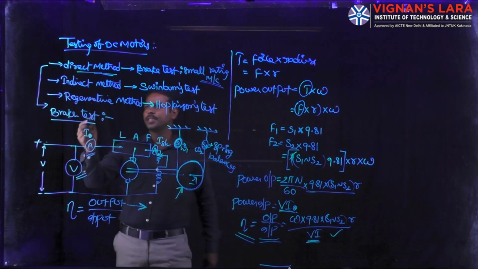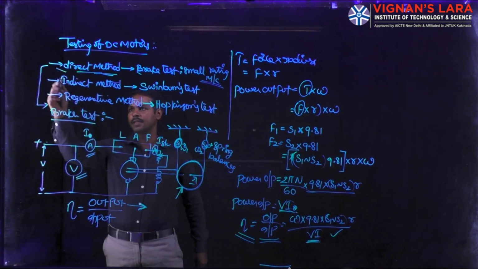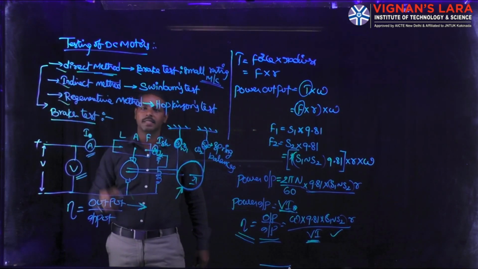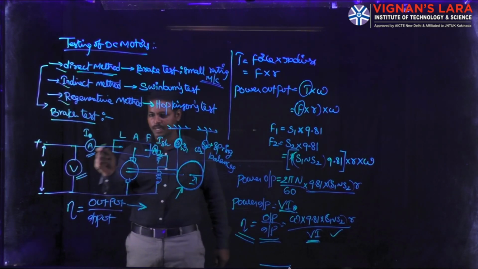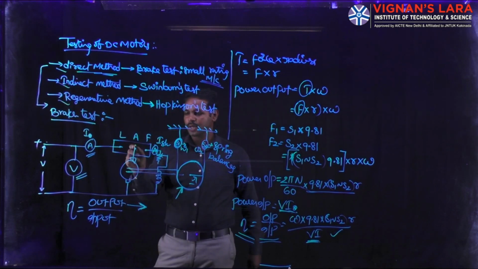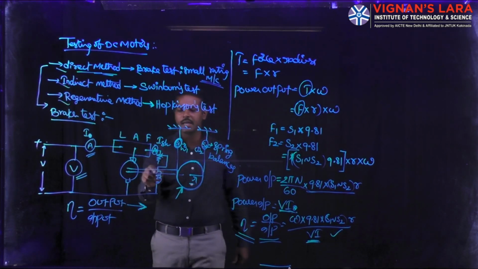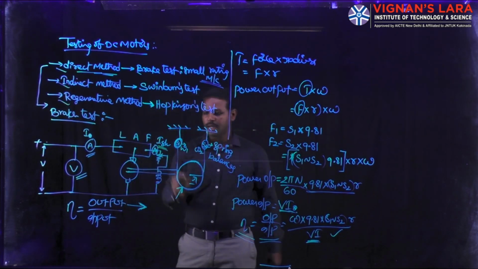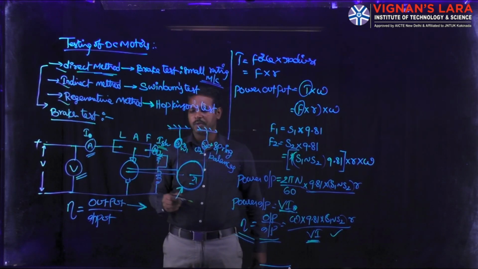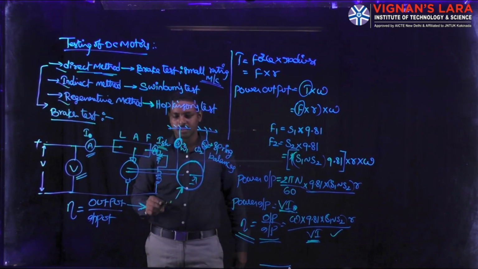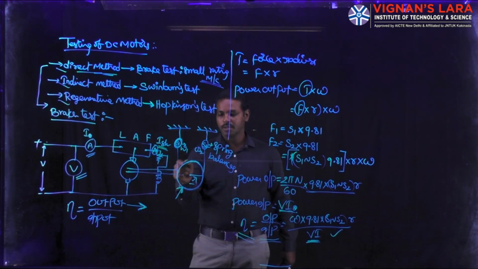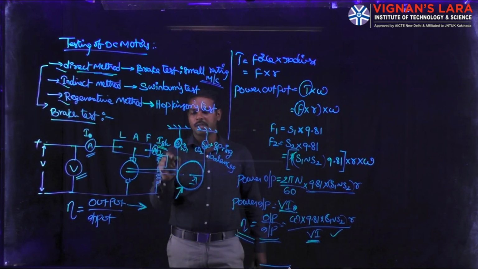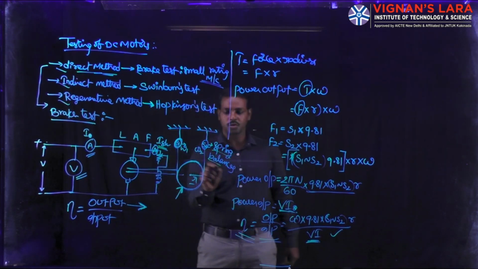So testing of DC machines is to be considered for direct testing, direct method, indirect and regenerative. In this brake test, we are always using a voltmeter and ammeter across the input terminals. The corresponding armature as well as field current is to be controlled by another current, which is equal to A1 or ISH. The shaft of the armature is directly coupled to the pulley, an air cooling pulley. The belted cable is to be directly connected to two spring balances.